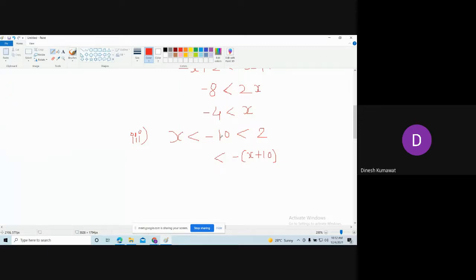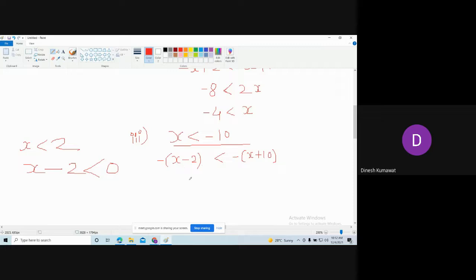Now if you combine these two statements, here I am saying x is strictly less than 2. This gives me x minus 2 is less than 0. So if x minus 2 is less than 0, here we have a negative number, so this gives me minus of (x minus 2). Is that clear? Yes, sir. Okay, this is for your understanding purpose. Don't write that over here.